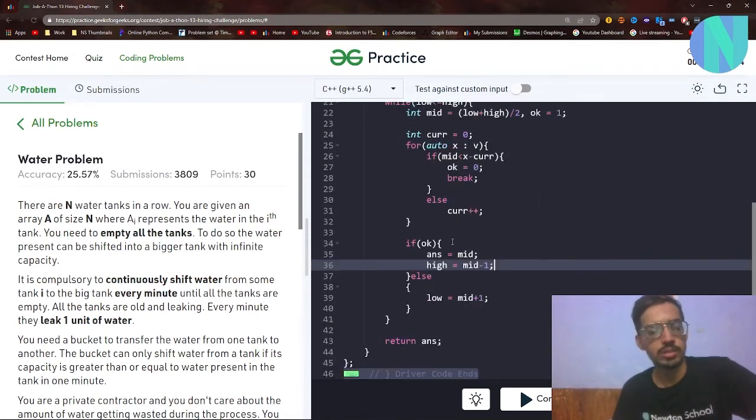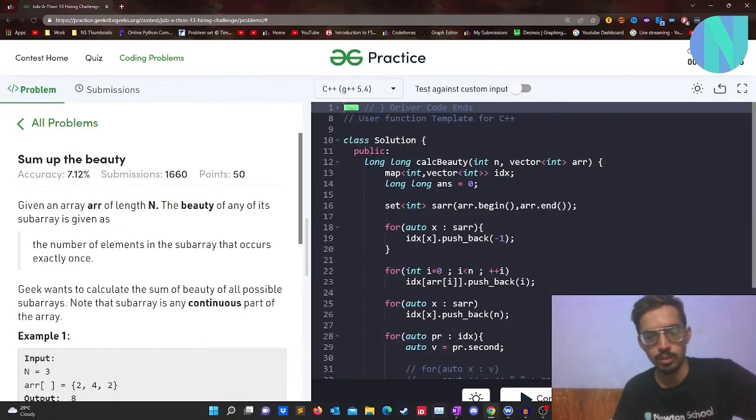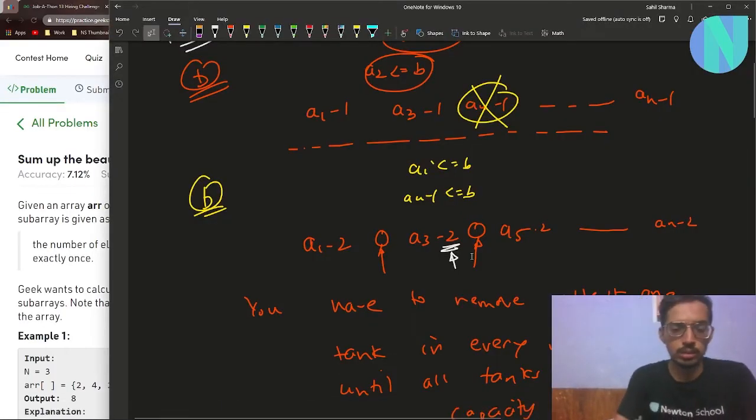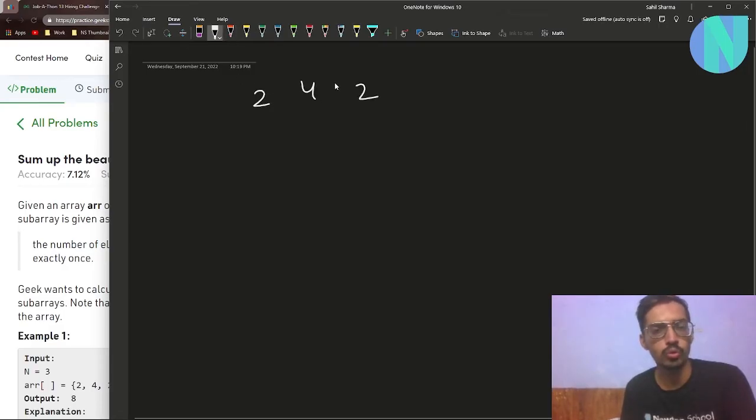So that was for the second problem, and let's move on to the third problem. That is sum up the beauty. This is also a very standard problem, right? So in the problem we have been given some array, let's say 2 4 2, and your beauty